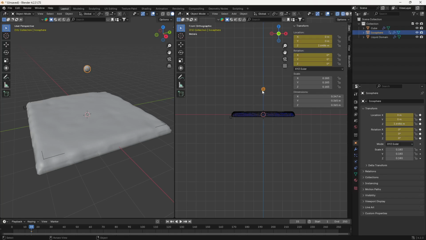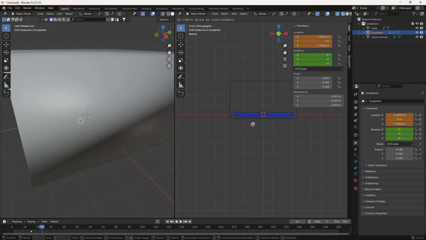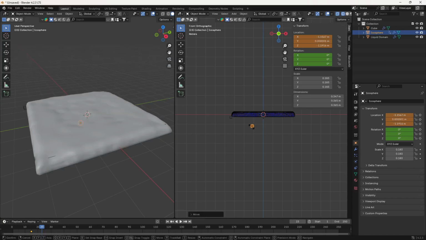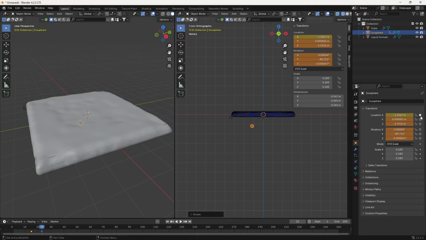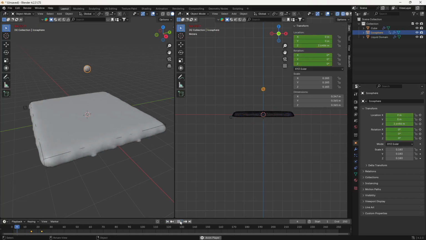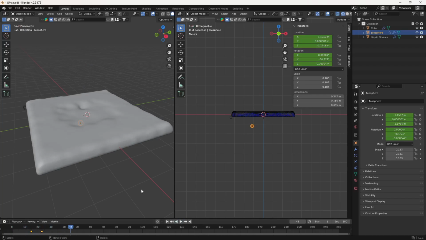So just press the G key. Okay, just go ahead to somewhere around maybe 23, and let's press the G key and take this something like this. Okay, and let's rotate it also something like this. Okay, and let's animate this again. You can do the auto key thing as well if you want, but I like this method. So if I go back now and click on play, now you can see there is a dent here which is happening, which is colliding.